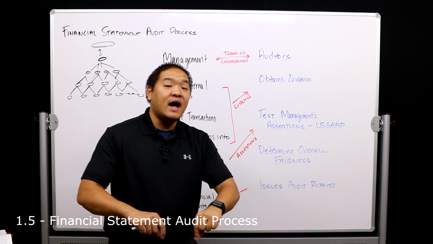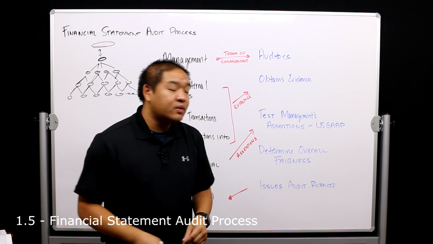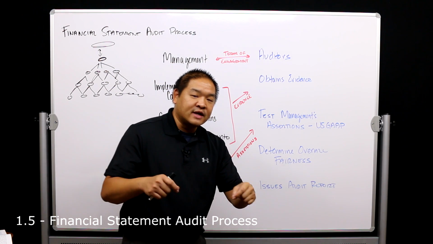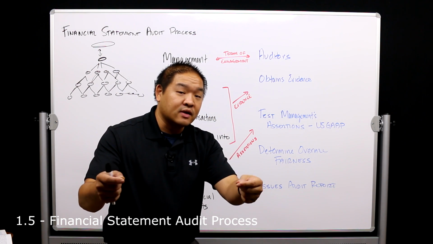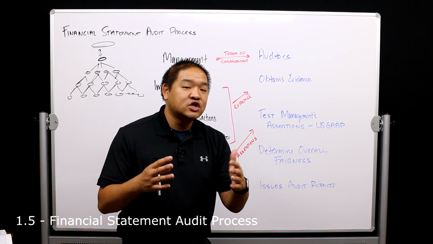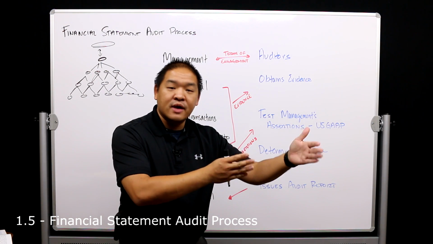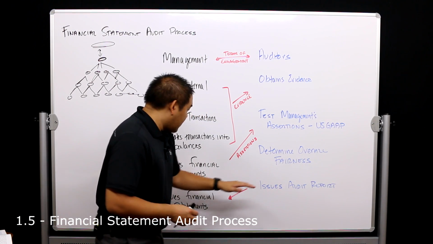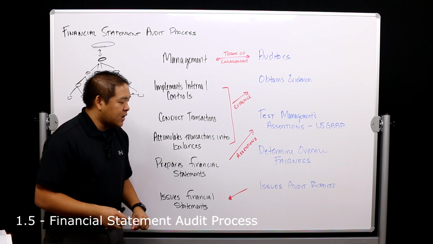If they are not presented fairly, then we may decide to issue an audit report that says that these financial statements are not prepared fairly. Or we may do something called a qualified opinion, where everything is good except for this part that we've tested and reviewed. Okay? And so once we've done that, once we've issued an audit report, let's assume it's a